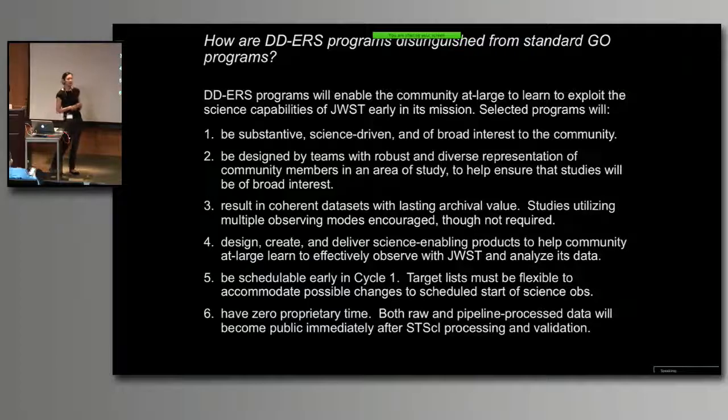All right, so another key question. How is this program different from a standard GO program? Well, again, the key is that the teams and the programs will enable the community at large to learn to exploit the science capabilities of JWST, not just at any particular part of time, but specifically early in its mission. So selected programs will be, of course, science-driven and substantive, which, of course, is part of a GO program. But different than a GO program is that the observations taken by these teams will need to be of broad